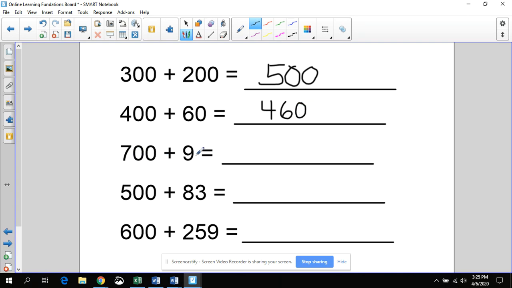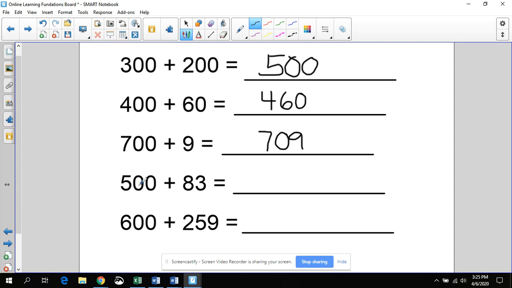You'll also see hundreds added to ones with no tens. So my hundreds stay the same. 700, I still have 0 tens, and then my 0 in the ones place becomes a 9. 700 plus 9 is 709. You will also see hundreds added to a 2-digit number that has tens and ones. So here, my 8 and my 3 just take the place of those two zeros. 500 plus 83 equals